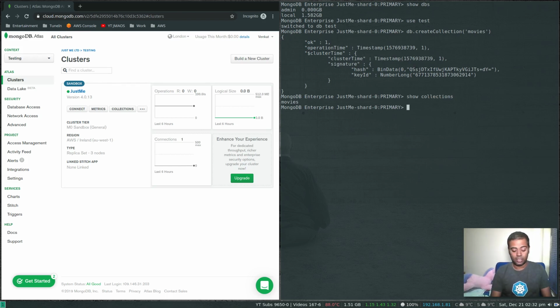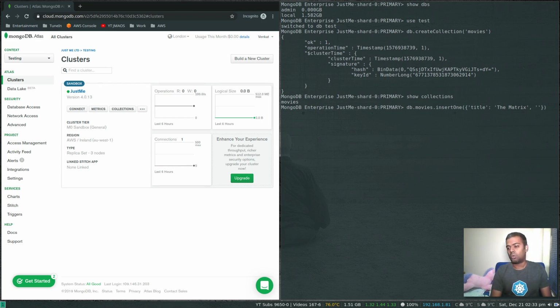We have the movies collection. db.movies.insertOne. Okay, let's add a sample document to see if it works. Movie title, if I type it correctly, title: the matrix,